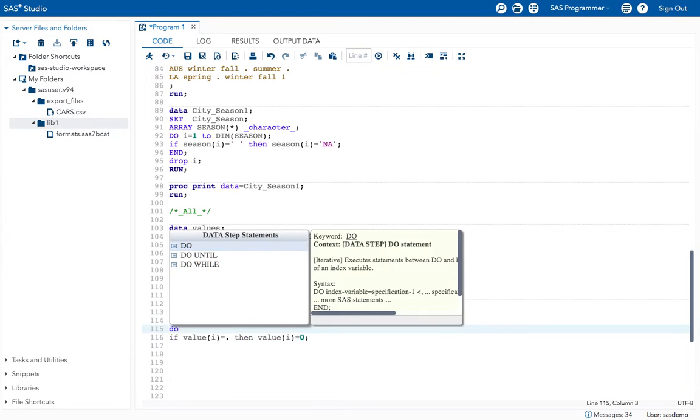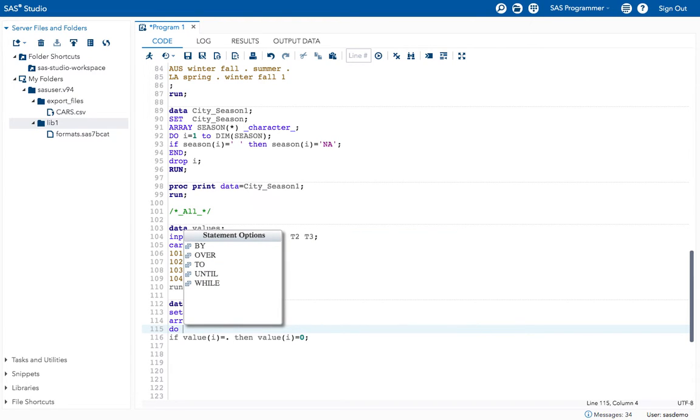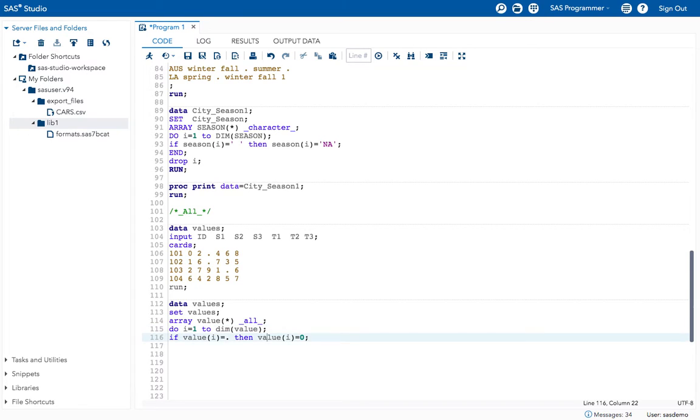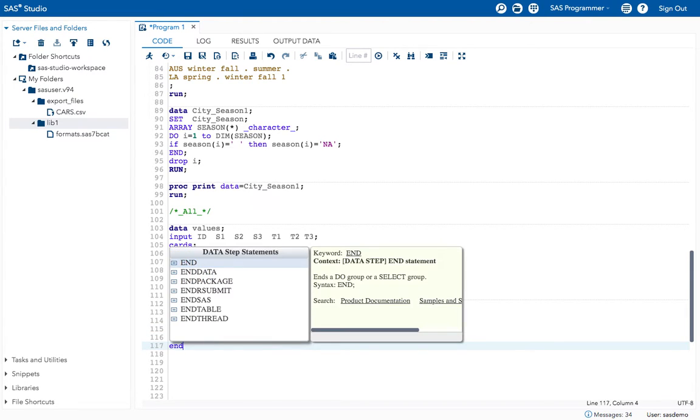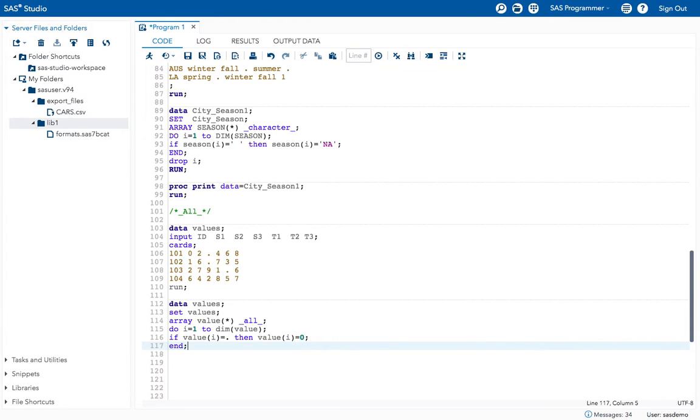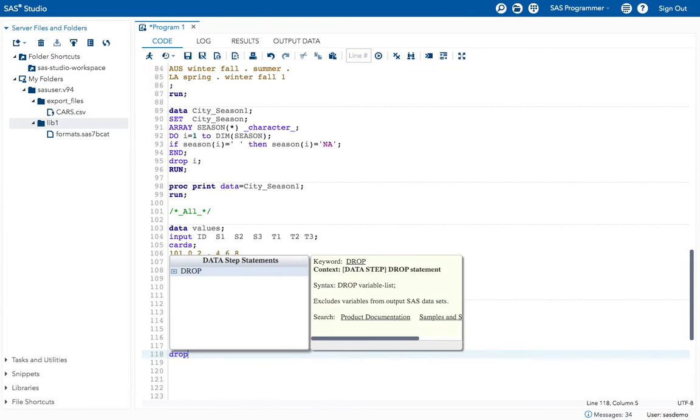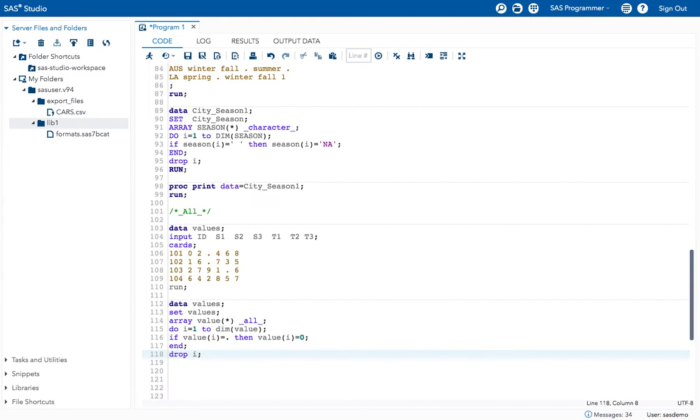I want this to be repeated, so do I equal to 1 to dim of the array name value. Value is the array name. Now end the do loop, and I want to drop I after finishing the looping. Now execute the program.